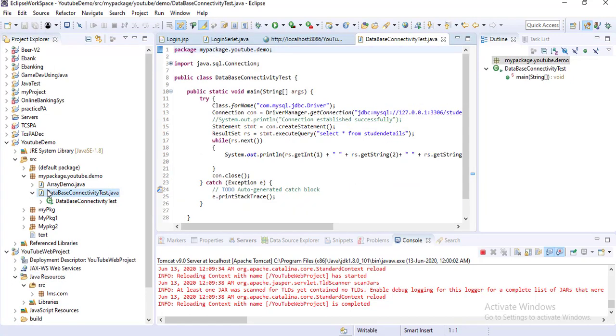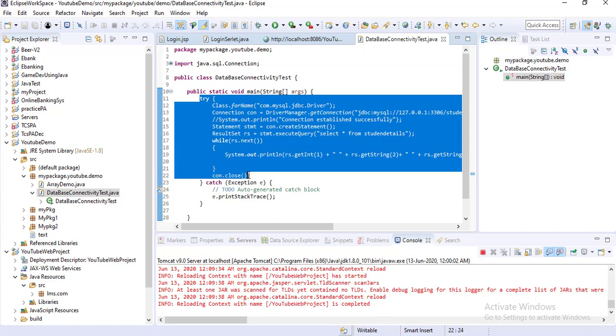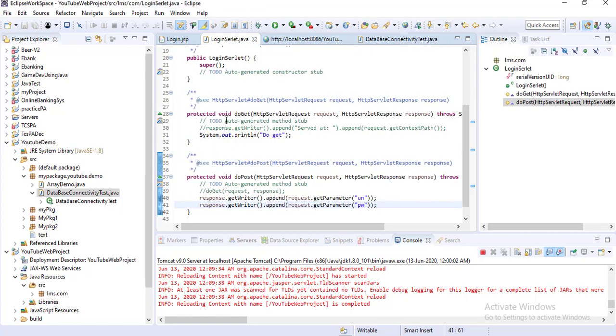So now what I will do is copy this code, and I will explain it once again. Just copy this code and paste it inside my servlet's doPost method.